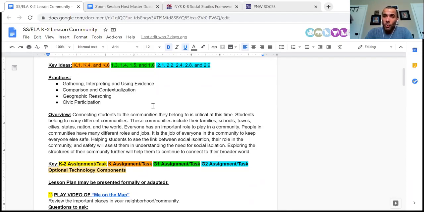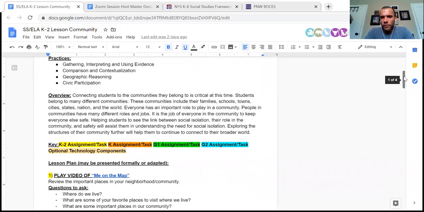As people who are self-isolating, that's a form of active citizenship. So we should point that out to the students, and we should make them feel good about that, because this can be a really tough time. I'm sure many of you are stressed by this time, but kind of shining a light and saying, hey, you're doing the right thing to help other people may help to frame some of our students in a slightly more positive way, what they're experiencing.